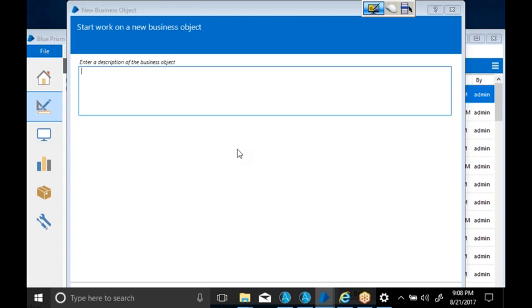Always in Blue Prism, whatever you create, not only the object or the process, but also during development inside the object or the process, it will by default ask you for the description. Description is nothing but, now that you have given the name, application name underscore Object, why are we creating this object? What is the reason behind that?